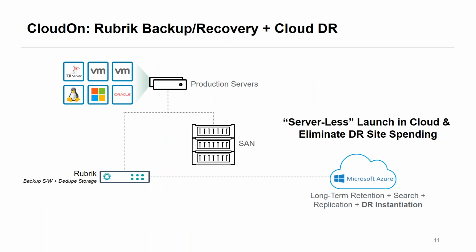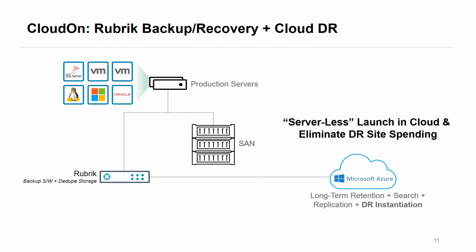So when you're talking about Cloud On, one of the great things about it is that, as you can see with this diagram, production servers on the SAN are backing up to the Rubrik brick. All of that information is deduplicated on the front end. So you're significantly reducing the amount of traffic you're going to be sending across not only your local network, but those wide area network connections for Cloud DR purposes. And given that it's